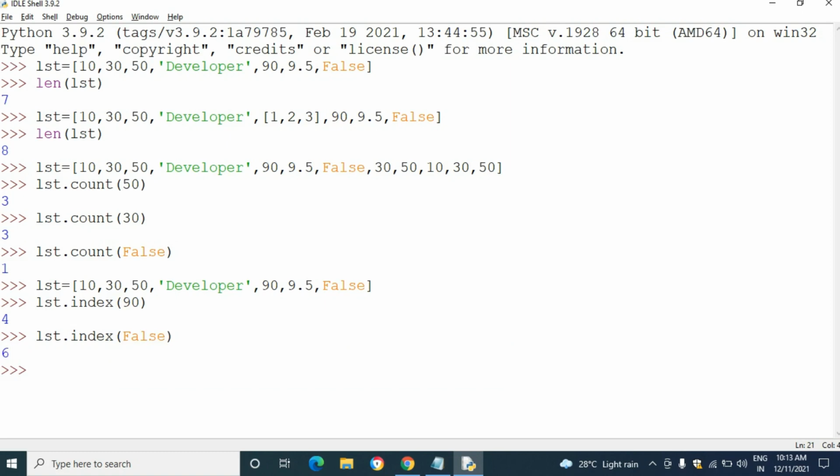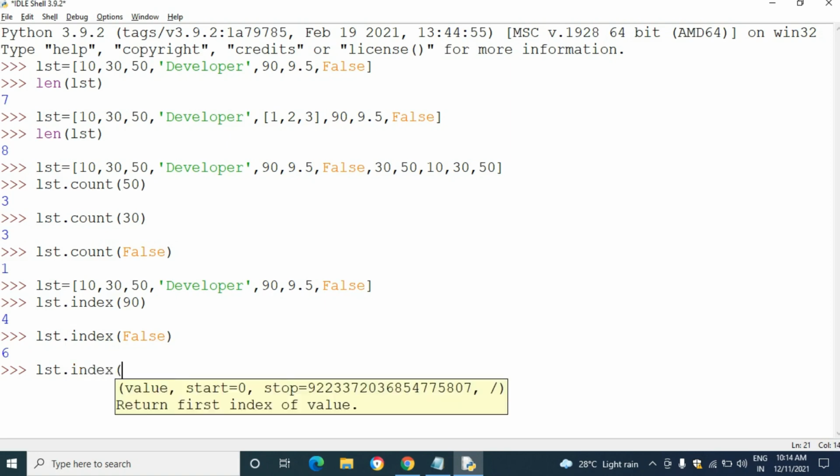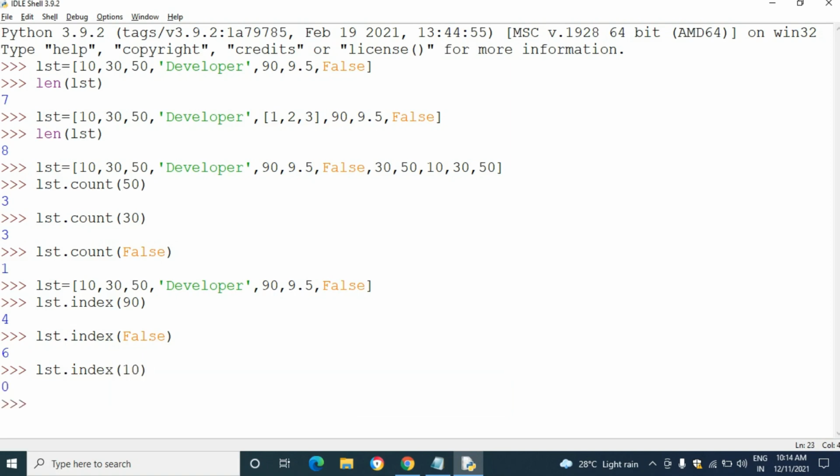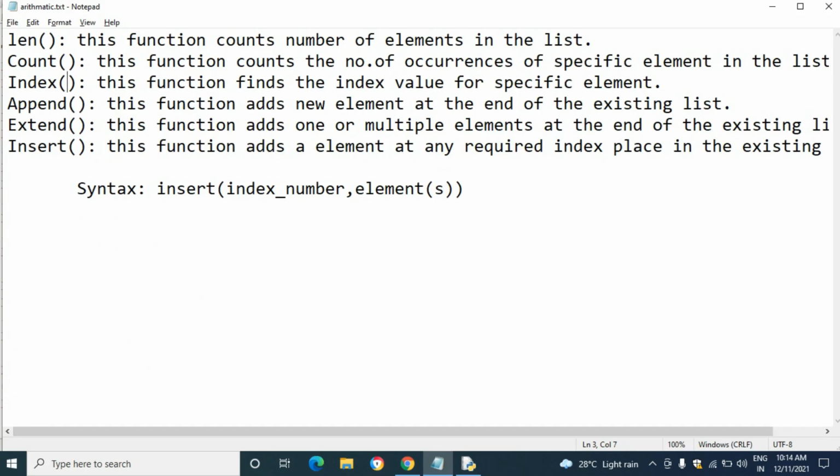Let's see, 6. Okay, the index number of false is 6. And lst dot index of 10, 0. The index position of the element 10 is 0.